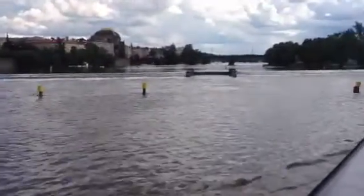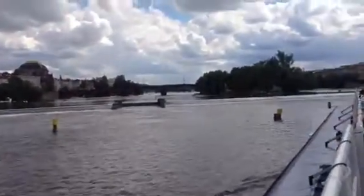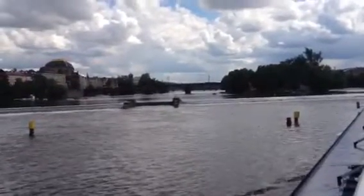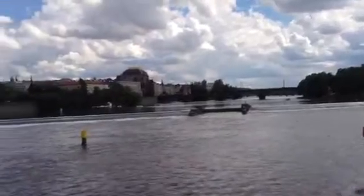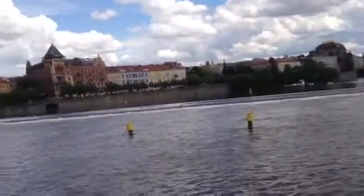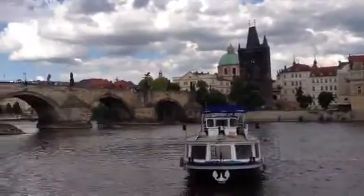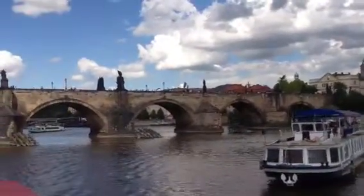The bridge is 520 meters long and 10 meters wide and rests on 16 arches. Adorning the bridge is a unique set of 30 statues and sculptures, chiefly Baroque from the year 1683 until 1714, with a number of neo-Gothic and Classicist pieces added